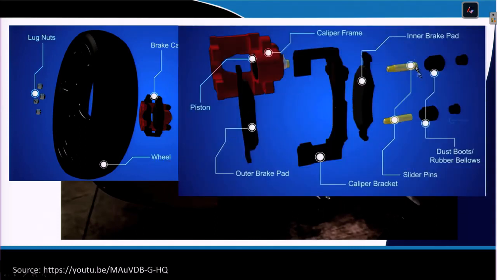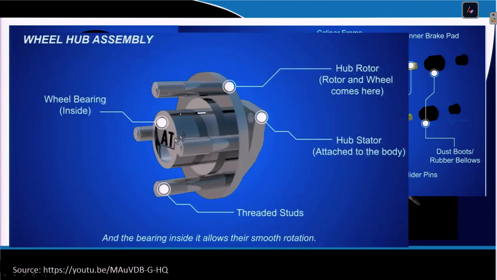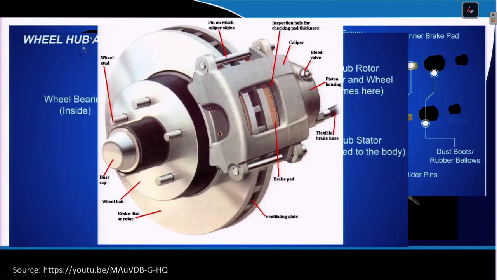You can see the different components which are there, exactly the outer brake pad on which there is a caliper frame, and within this we have the caliper bracket. Now how do these components work exactly? In a particular wheel hub assembly, your disc can be operated hydraulically, and in a particular brake you can see the block where you have the brake pads inside, and then a bleed valve from where any gas generated will go out.